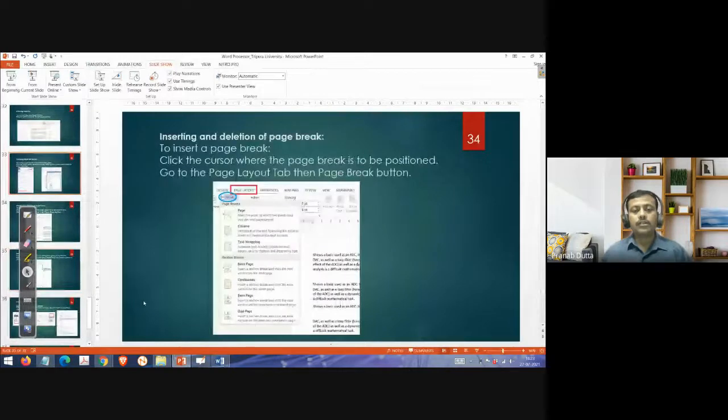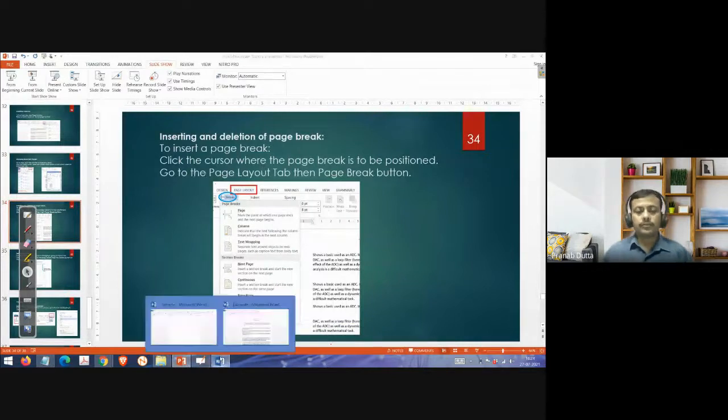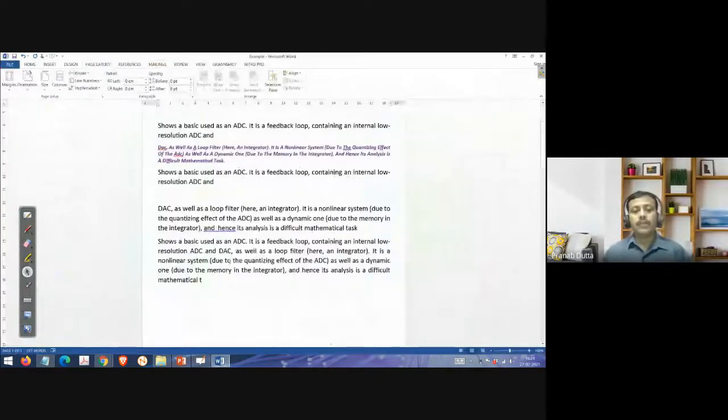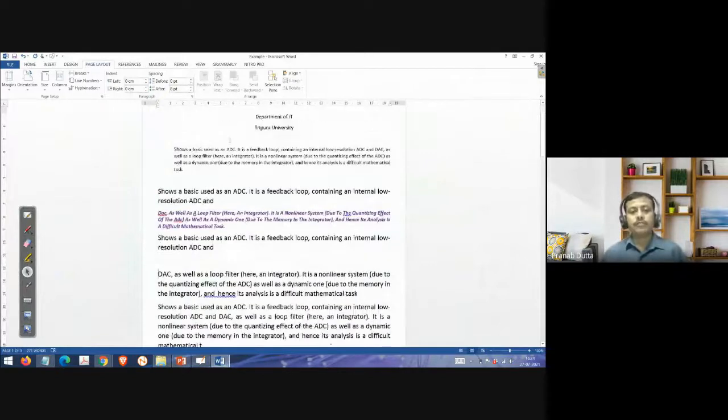Then changing document margin is over, next is inserting or deleting page break. Okay. Now page break, how can you do it? Suppose I want these things from the next page. From here up to ADC, I want in the first page, and from DSC onwards, I want the second page.